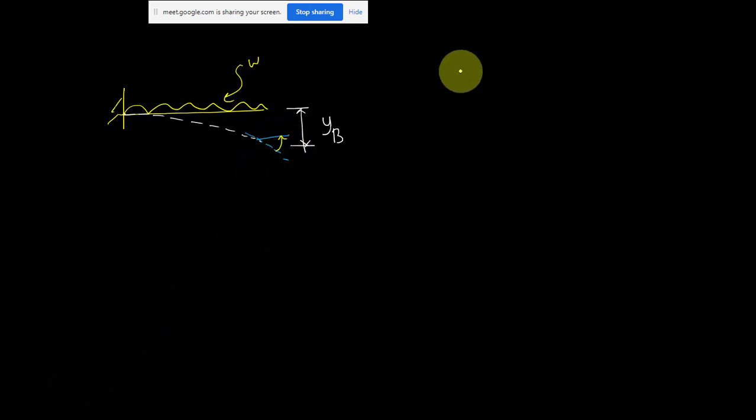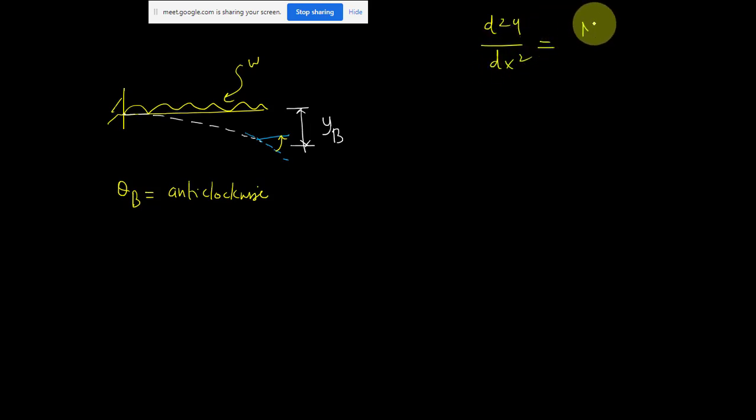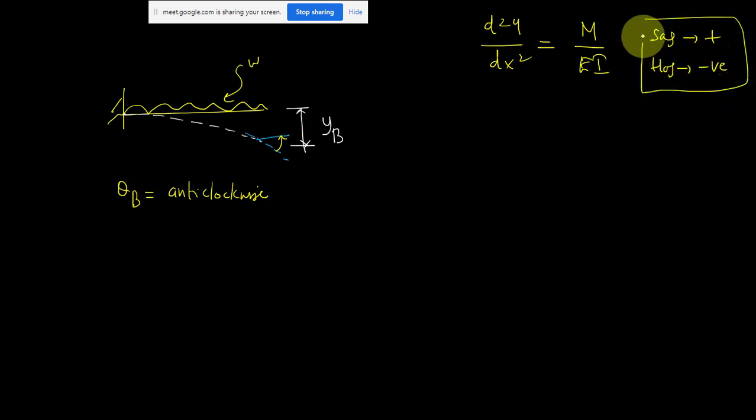So this theta is theta b, it is anti-clockwise. Okay, that is the direction. So what was your sign convention whenever you are using this equation? Suppose I am taking the sagging moment as positive, M by EI. So here your sagging moment was positive, hogging moment is negative. If you are keeping this sign convention, finally we got the value of deflection y b is equal to